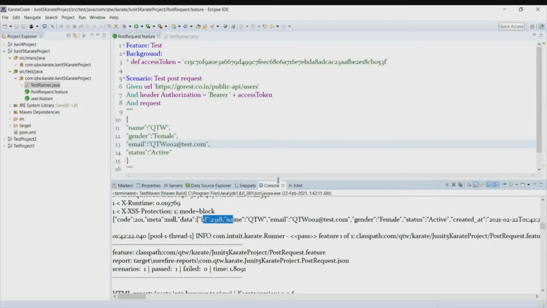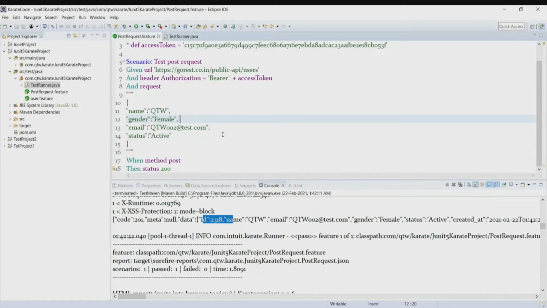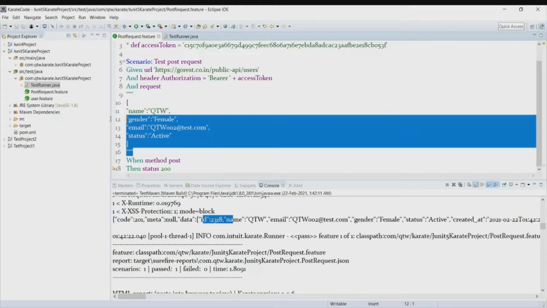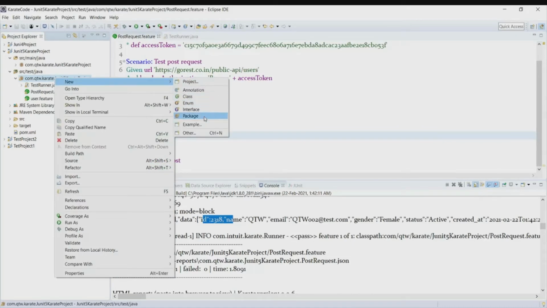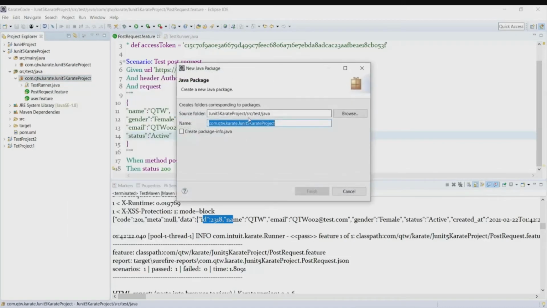So this was another way how you can pass your request, but this is also not a very convenient way, because when you are doing automation in your office project, then you won't be passing the request body for all the scenarios in your feature file. So there are other ways, like you normally pass the request from a test data file, either from some other feature file or from some JSON file.